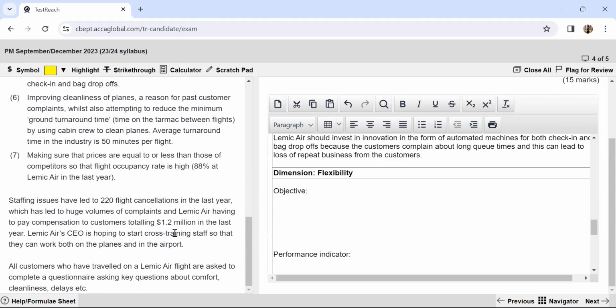So the objective over here can be to increase the extent of cross training of the staff,